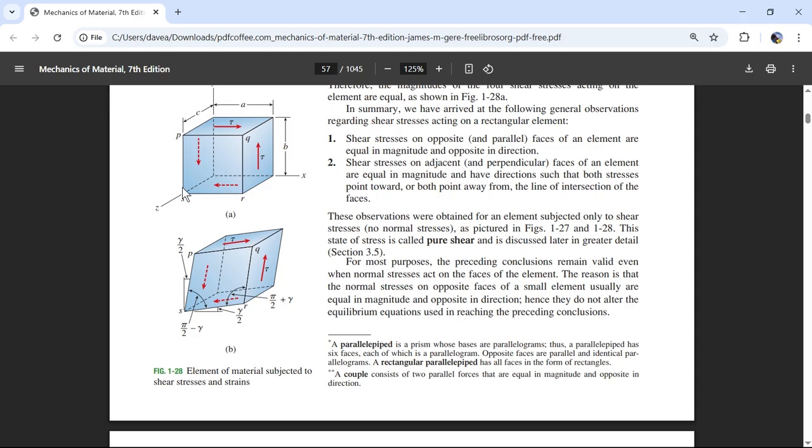So there's my diamond shape. I'm going from here to there, and then to here, and then out to there. And then the diamond shape gets squished in, and that's also one of the definitions of positive shear,